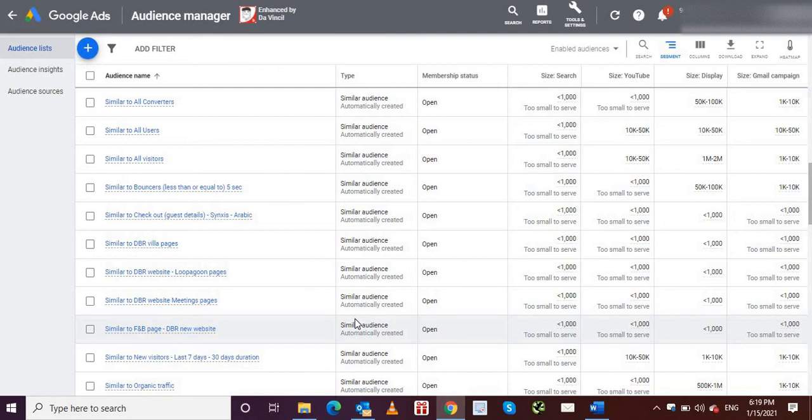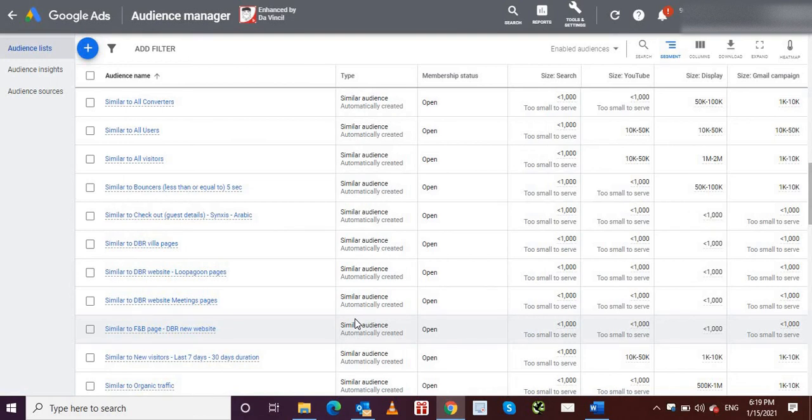Number 3 is that these audiences are powered by machine learning. They are updated in real time using machine learning capabilities that analyze millions of signals by Google. The fourth benefit is you can target them efficiently. Original remarketing lists are automatically excluded from similar audience lists, making sure you target only new users. So with similar audiences, you can boost the reach of your existing remarketing campaigns and target new users by driving them to your website.